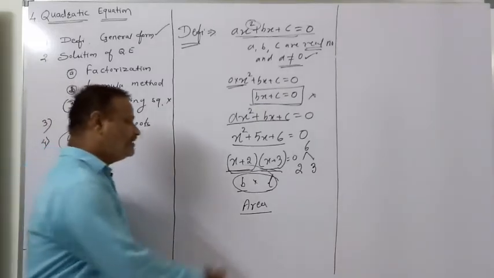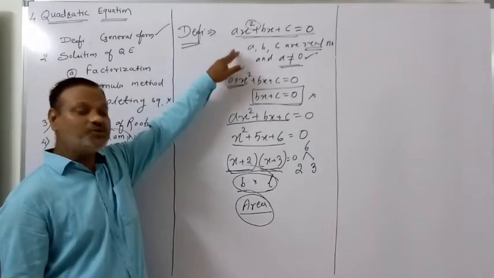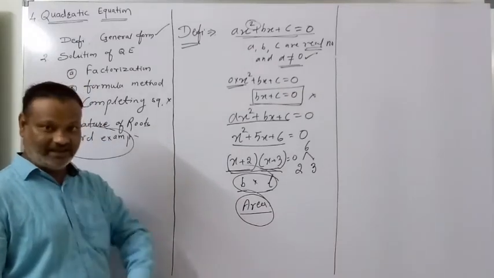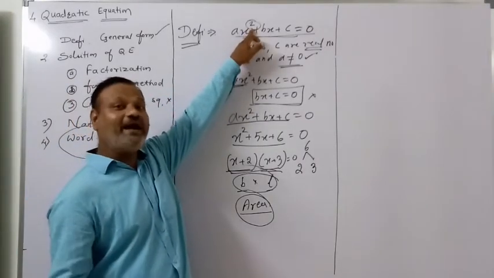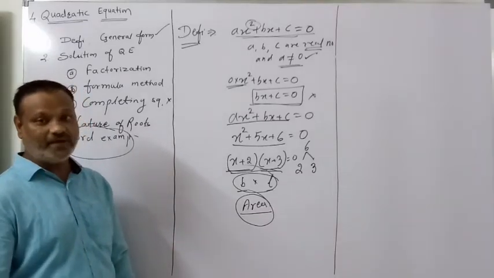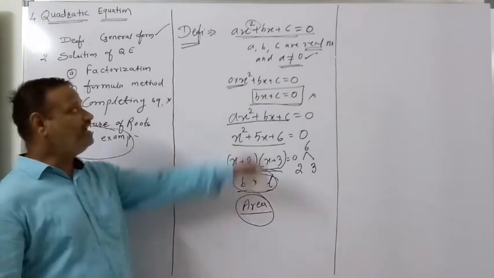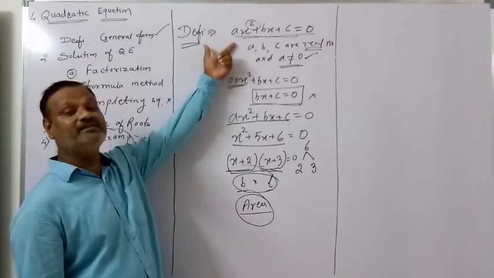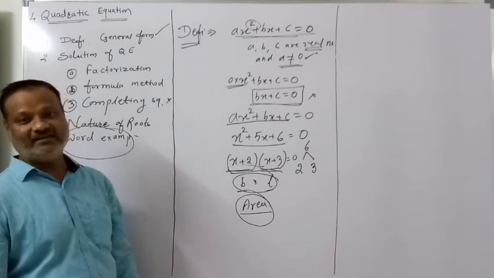So we can find the area of the quadrilateral by using the quadratic equation, and that's why this equation is known as the quadratic equation. ध्यान में आ गया? यहाँ पे हमने बोला कि हाईएस्ट पावर ऑफ वेरिएबल 2 है. अब हाईएस्ट पावर ऑफ वेरिएबल 2 है, तो this is called a squaric equation, but we are not considering the squaric equation. This is called a quadratic equation because we find the area of quadrilateral by using this equation. That's why this equation is known as the quadratic equation.